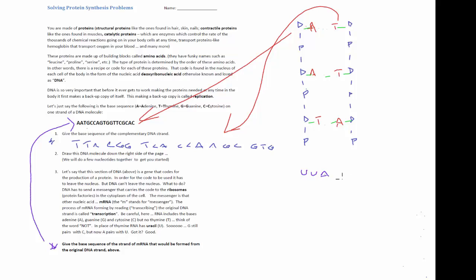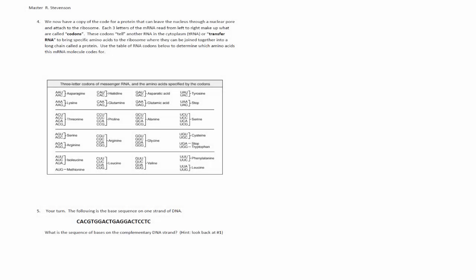Guanine pairs with cytosine. Guanine, guanine, uracil, cytosine, adenine, and if you just finish off the strand, you should get CCA. So, just in case you were missing that strand of messenger RNA that was transcribed from the original DNA,